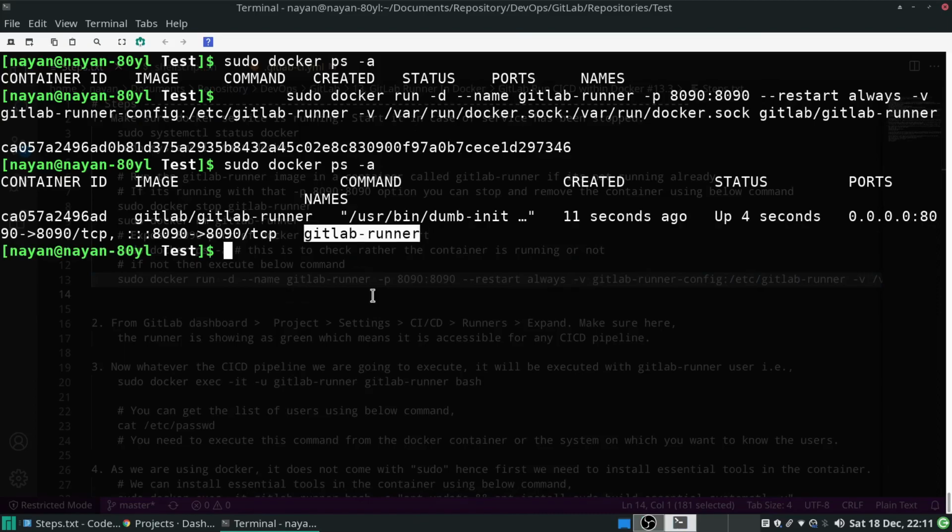Okay, so as per the terminology, the Docker container will be my guest machine and the system on which I have installed Docker will be considered my host machine. Over here, in the case of GitLab runner running inside Docker, we don't need any separate guest machine. So host and guest will be on the same OS, on the same system.